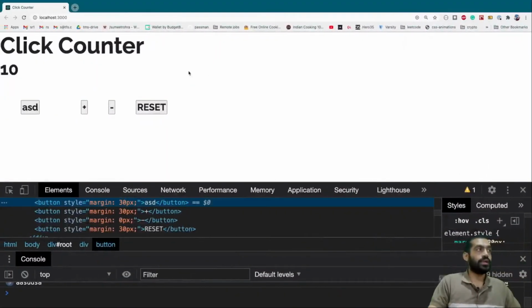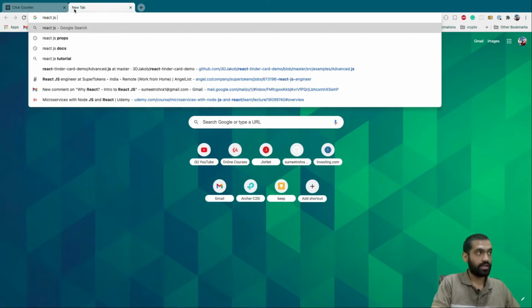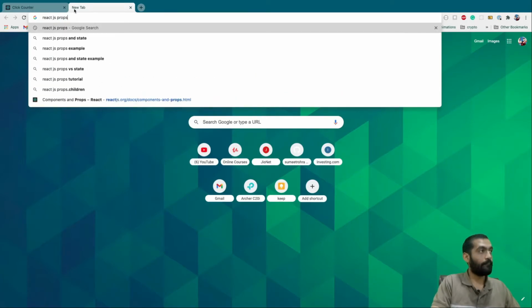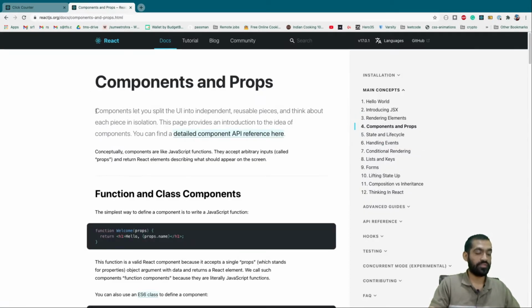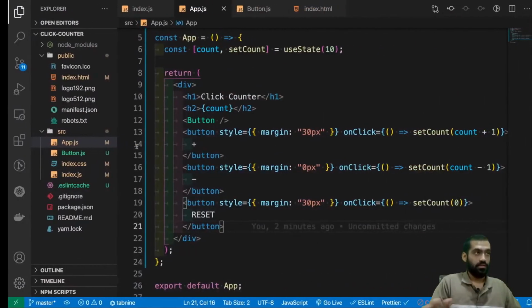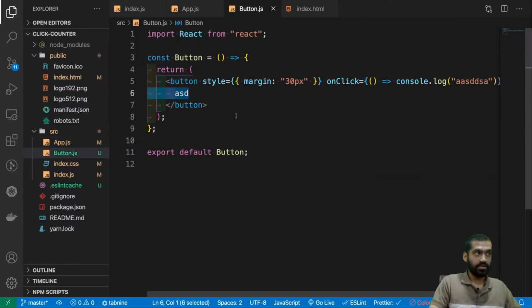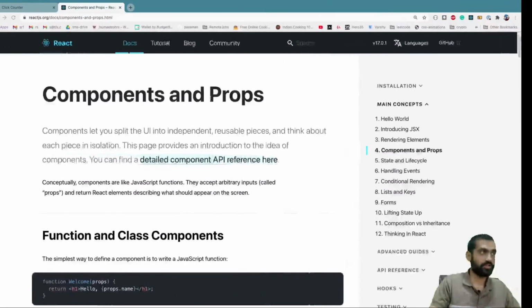Let's go to the React.js documentation and see what a prop is. React.js props, components and props. Now let's read this definition. Components let you split the UI into independent reusable pieces and think about each piece in isolation. So this button is now an independent piece, and I can think about this button in isolation.